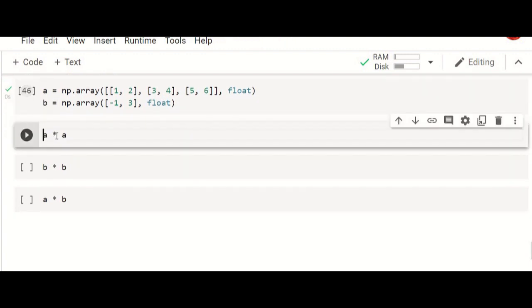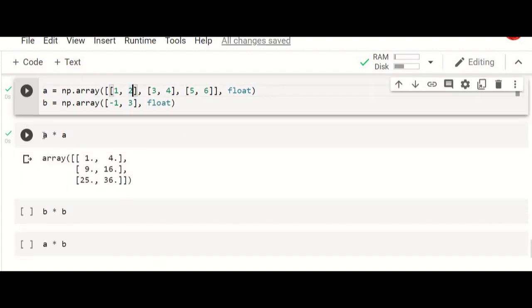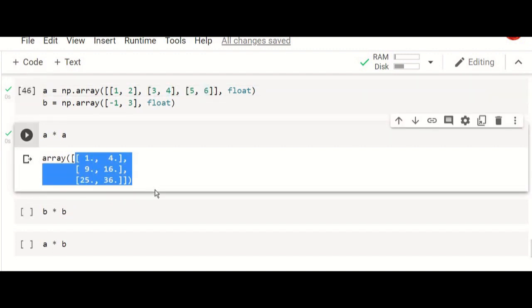And in this case, see, so A equal to the same case and you can perform multiplication A star A. In this example, the elements of A array is multiplied with the same array. So you have 1 multiplied with 1, you have 1. So 2 into 2. For the next row, 3 into 3, 4 into 4, 5 into 5, 6 into 6. So you have again 3 by 2 matrix with the product.